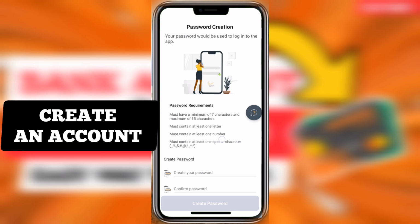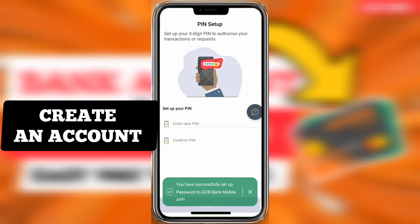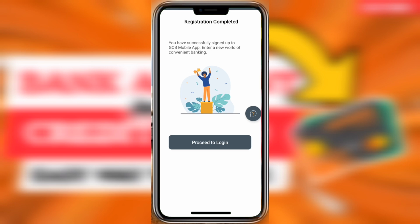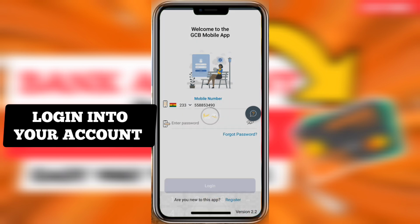So you create your password. After that you confirm your password and click on create password. Wait for the next setup to come. That's the PIN setup. Over here you would have to choose a 4-digit PIN in case you do any transaction on this platform. This is what they would actually ask you to enter. After choosing the password, I think you are almost done with the account creation. Next, you are done, so you have to log in again